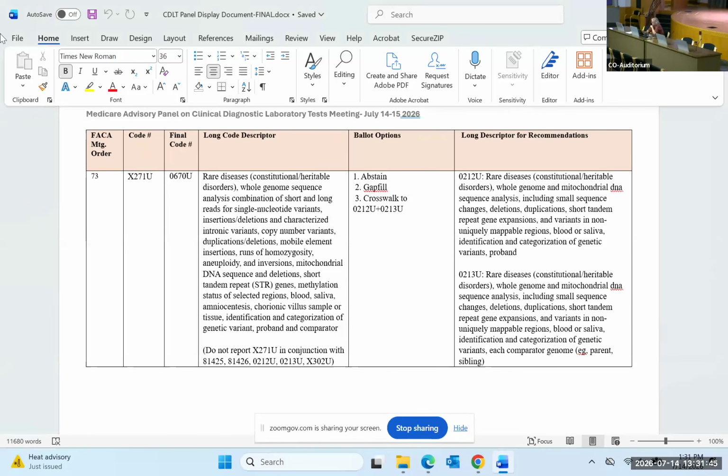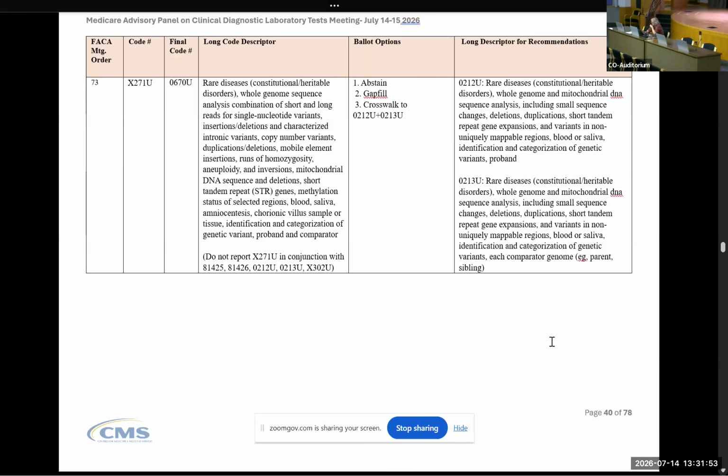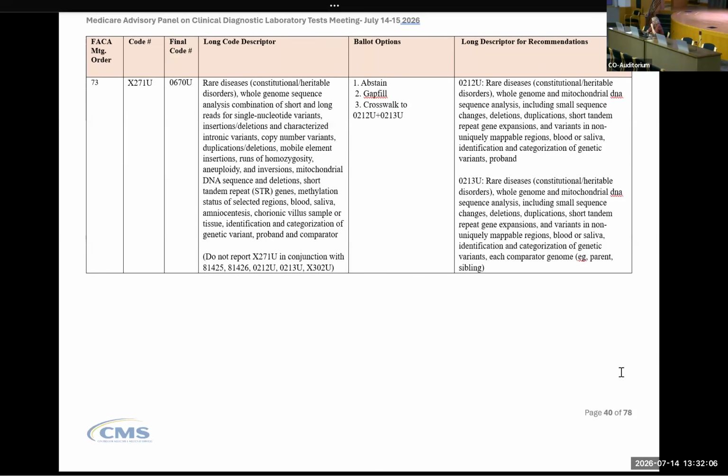Good afternoon, all. Welcome back to the CLT panel meeting. We're going to start in about 30 seconds. Before we begin, we just want to do a roll call of our panel members for record keeping. And just to acknowledge, this is Dr. Rashida Arthur with CMS, Designated Federal Officer for the CDLT panel.